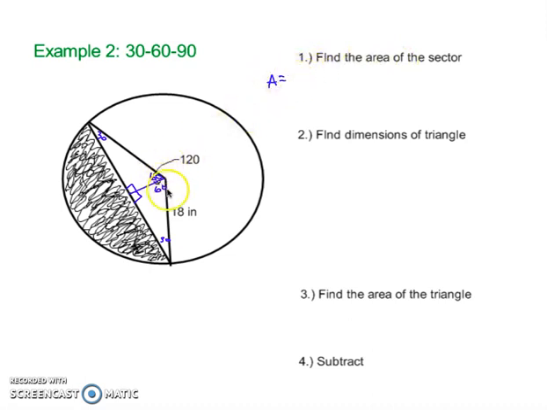We know that our measure of our arc is 120. So I'm just going to put up here 120 divided by 360. And we're going to multiply that by pi r squared. And in this case, our radius is 18. So pi r squared gives you 324 pi. And then when we calculate that out, we get